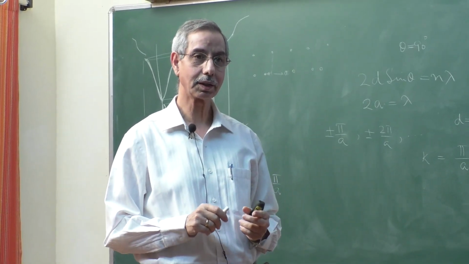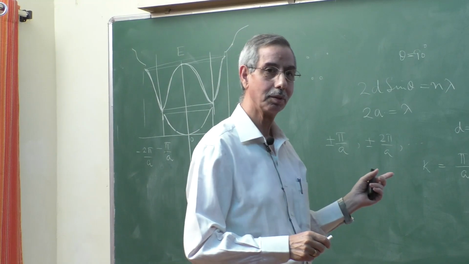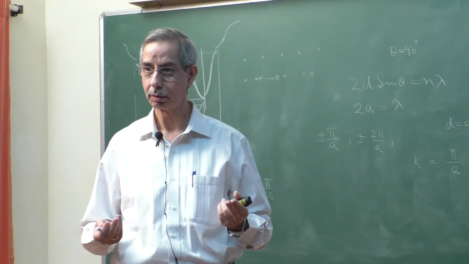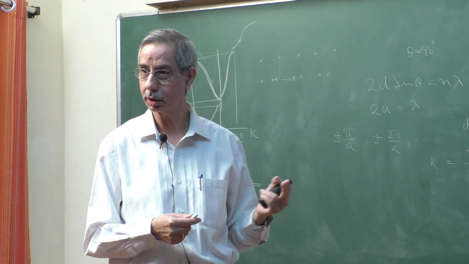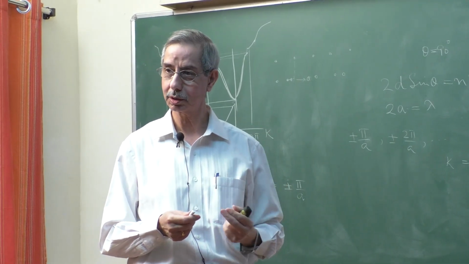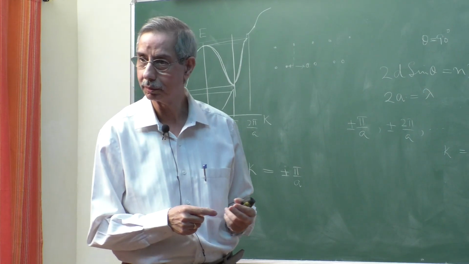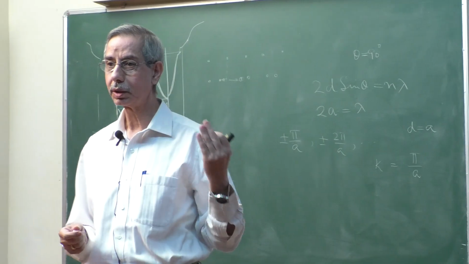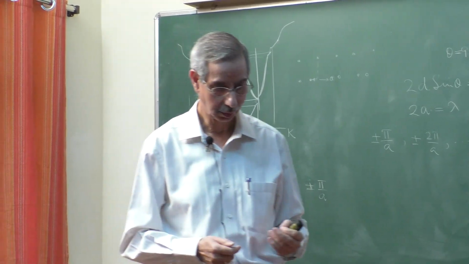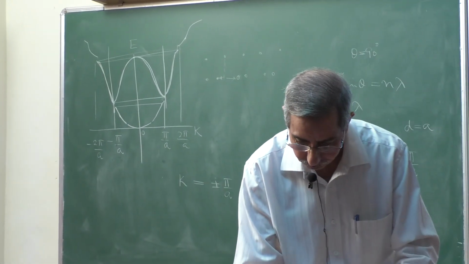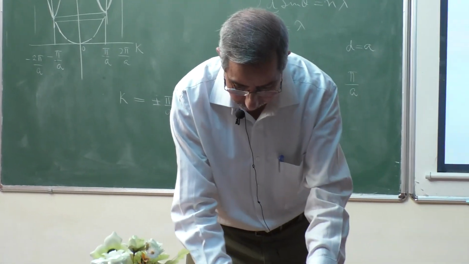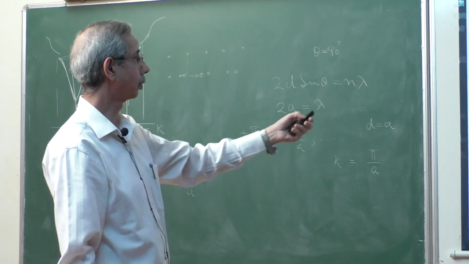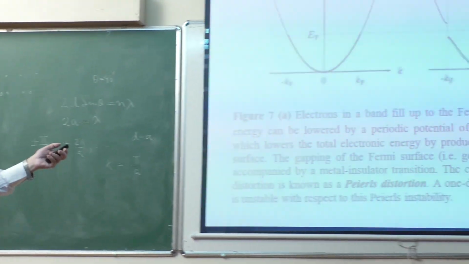Whenever there is a nesting of the Fermi surface, there is this Peierls instability or Kohn instability. Okay? Peierls instability mostly in the charge density waves, and spin density waves will be Kohn phenomenon. Okay? And both these things will give rise to either spin density wave or charge density wave. Now depending upon the Q value, this thing will occur. This is what I was talking about. That is, here